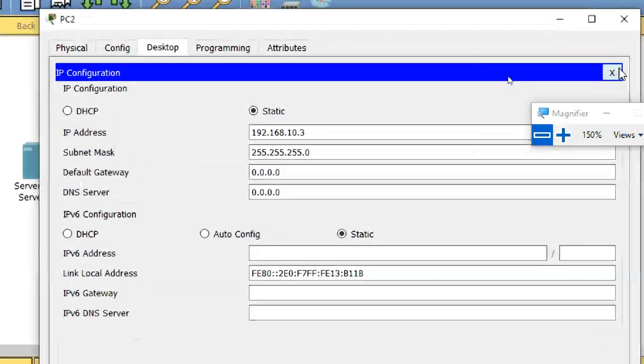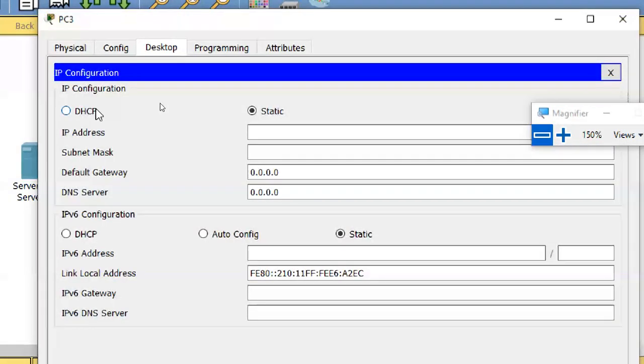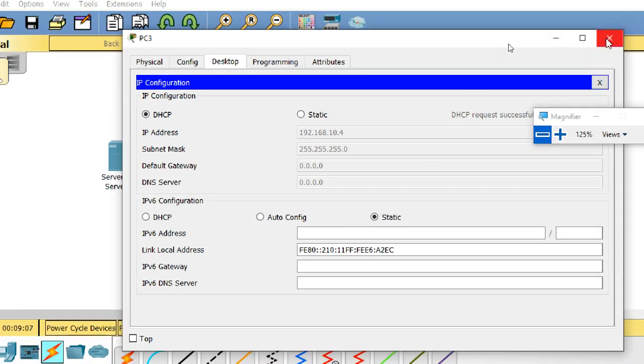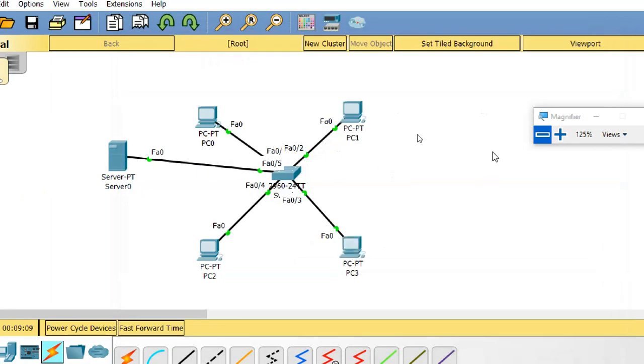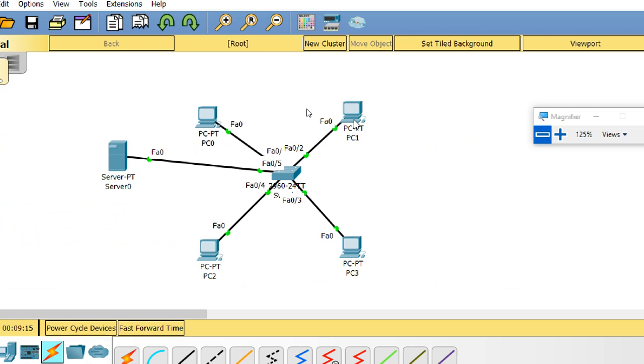Okay, accepting that one, right? Manually I assigned this one. Now I change it to dynamic. What will happen? Yeah, I got 4. See? Okay, I got 4. So guys, if you see here, it is 1 from the DHCP server. I got a 1, I got a 2 here, and I assigned 3, and I got 4 here.